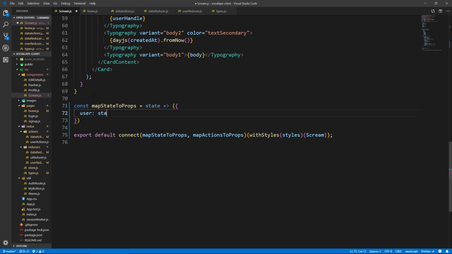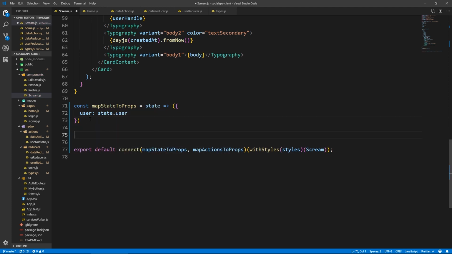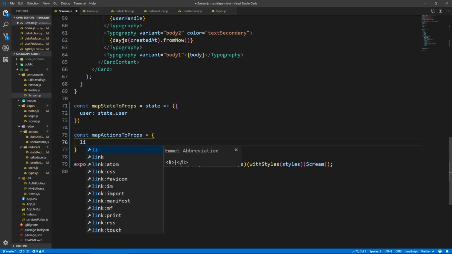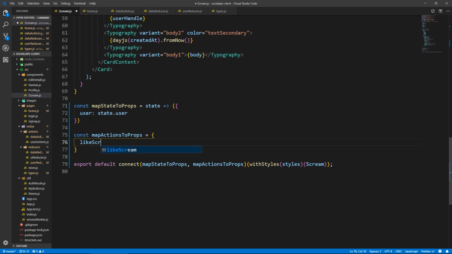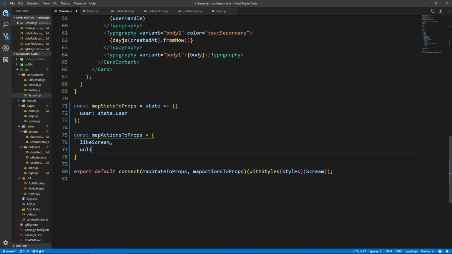Not data, state.user. Map actions to props, for now just the two that we have, so like scream and unlike scream,